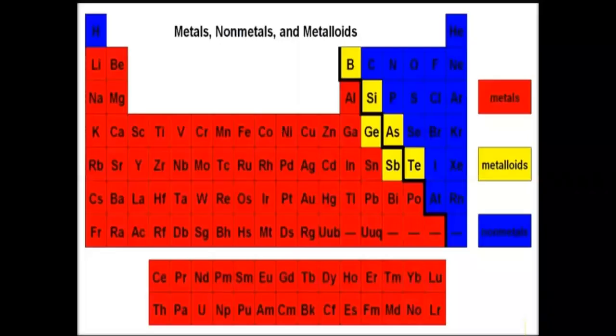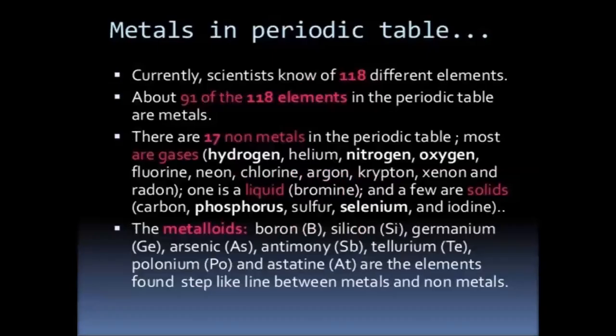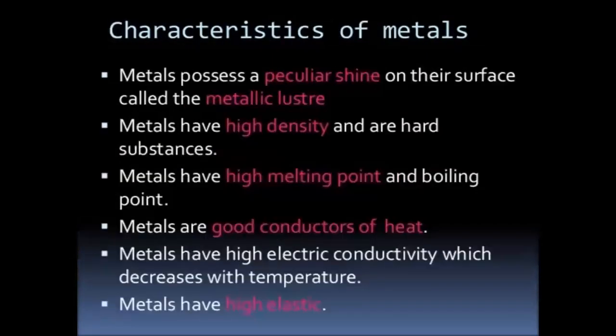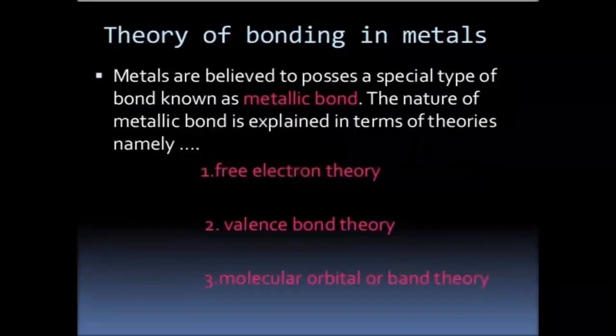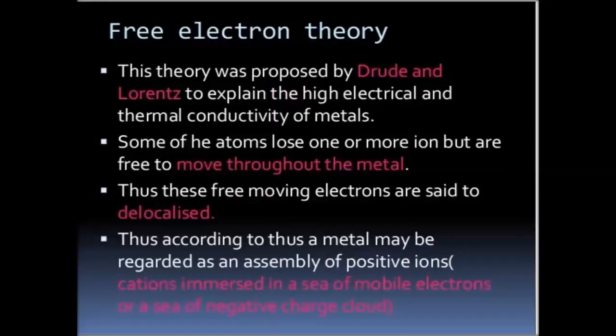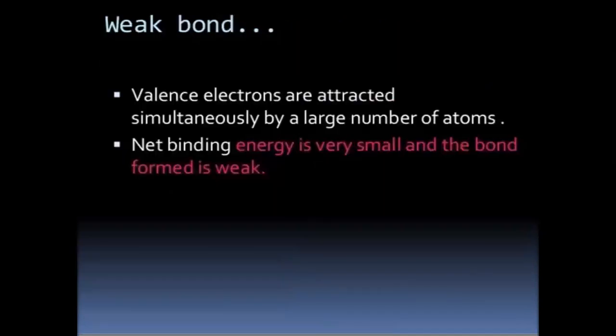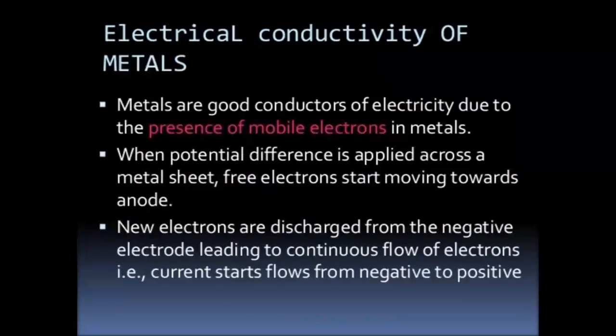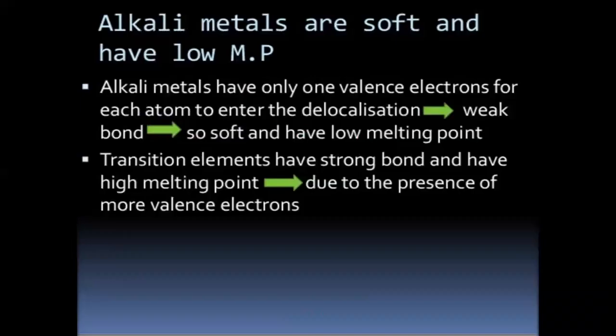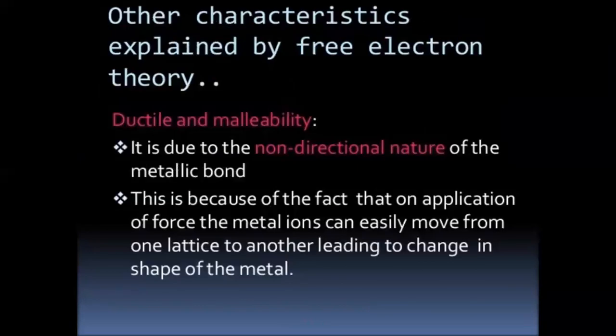Now, how is the periodic table arranged? What are the metals, non-metals, and metalloids? How many metals are there? What are the characteristics of metals? And according to the free electron theory, what is the bonding? Non-directional bonding, just like this watermelon model, and the bond is weak. Thermal conductivity, electrical conductivity, melting points, malleability, and ductility are explained. But magnetism and specific heat are not explained. And with respect to positive carriers, the conductivity is not explained, and the remaining properties are not